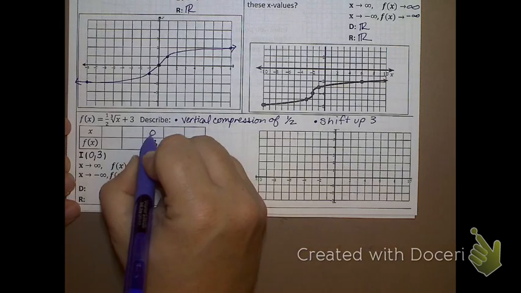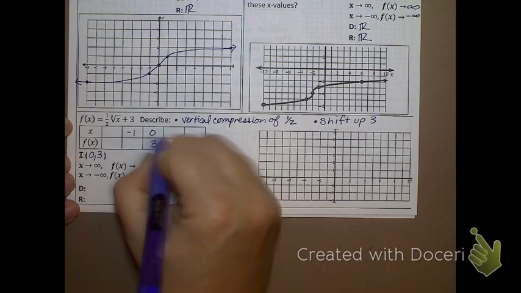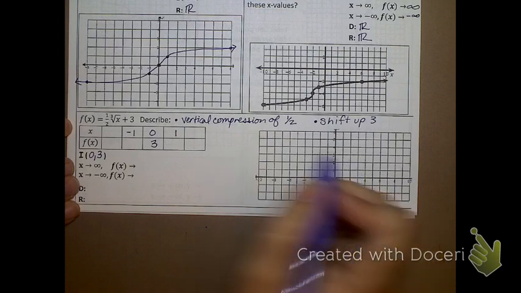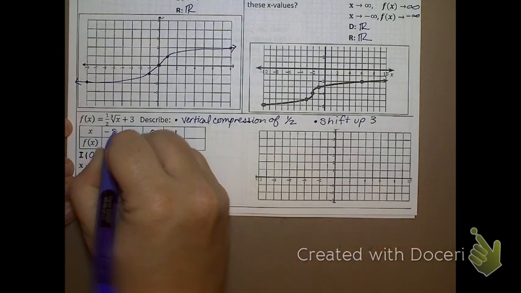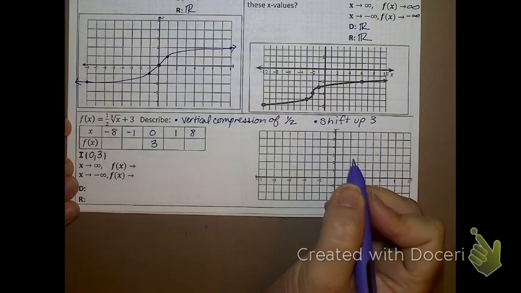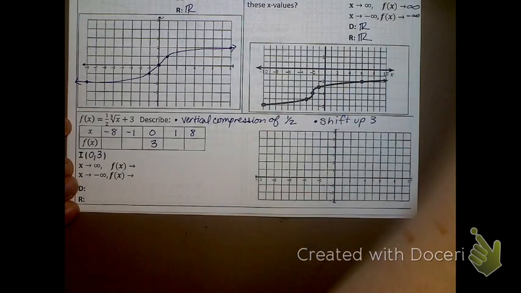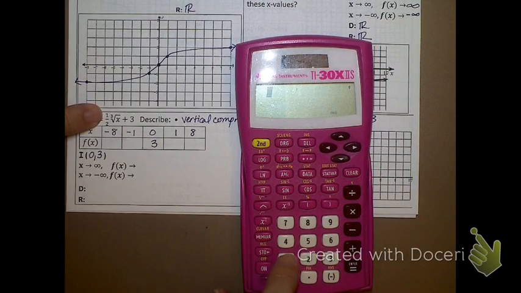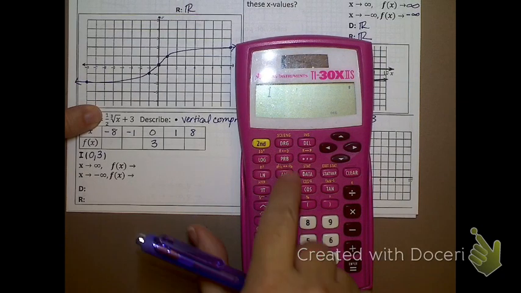What is 1 away from 0? -1 and +1. And then what's 8 away from 0? -8 and +8. I'm going to do this one on my calculator, just because there's a fraction involved. So I'm going to use my fraction button. You ready? 1 fraction 2